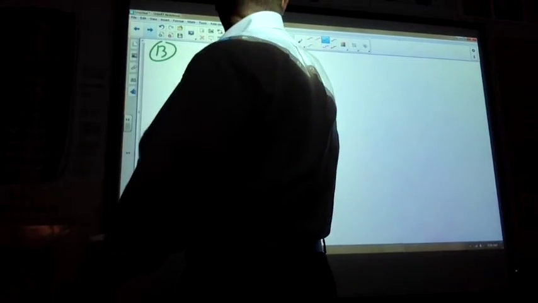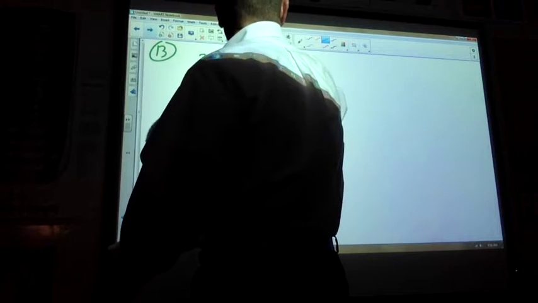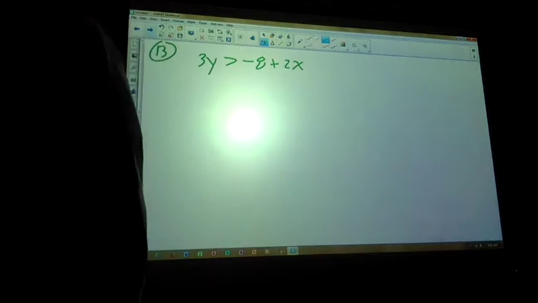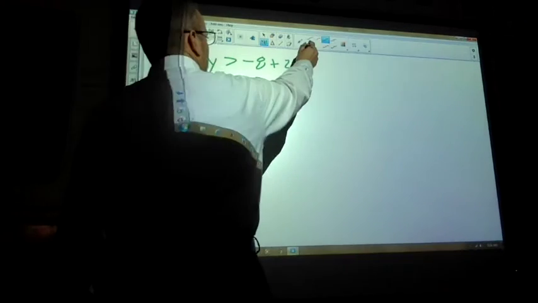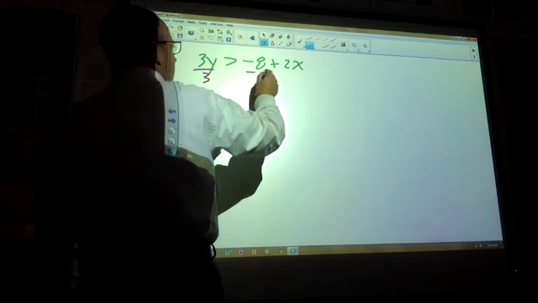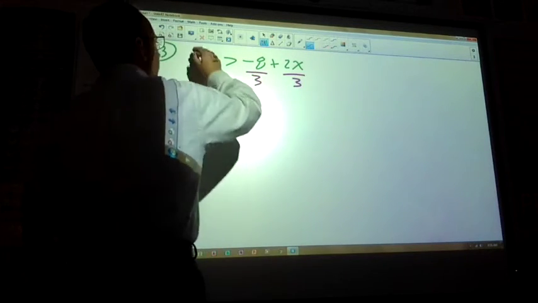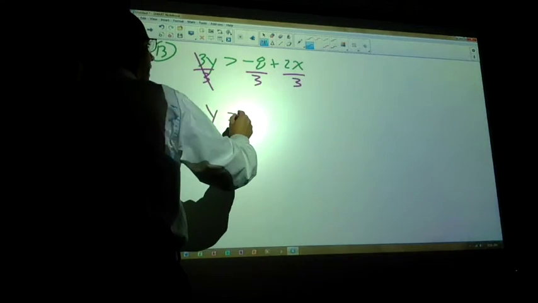-8 plus 2x. Okay, it's kind of a goofy one. I would set it up... you've got just a 3y. It's kind of like you want to use the cover method, but it's not. I would say on this one, the best thing to do is let's go ahead and divide everything by 3 first. Those cancel. So I get,